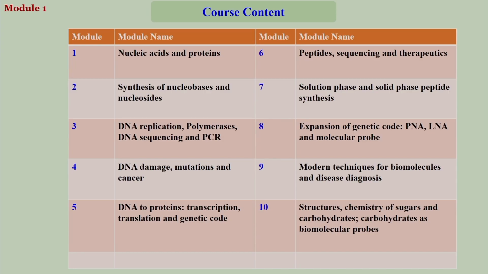And then the third module, coming back to the biology, is DNA replication: how the process of DNA replication happens, what chemistry is involved, why it happens in that way, what is the difference between the 2 strands of DNA, what is the activity of the key enzyme of the replication process, that is polymerase. There are other enzymes involved, we will see. And then comes DNA sequencing. Once you isolate a DNA, how can you find out what is the sequence of the DNA?